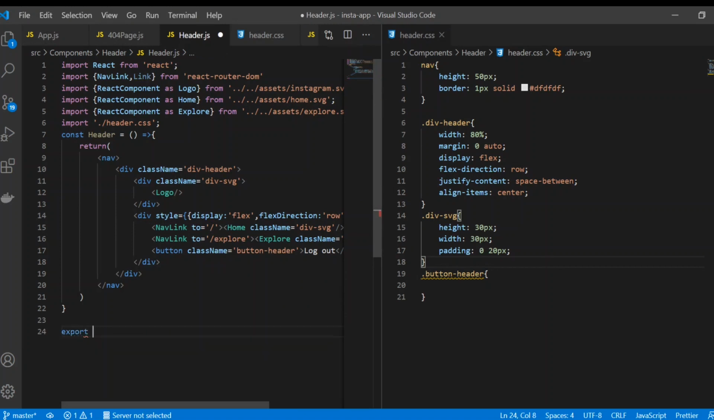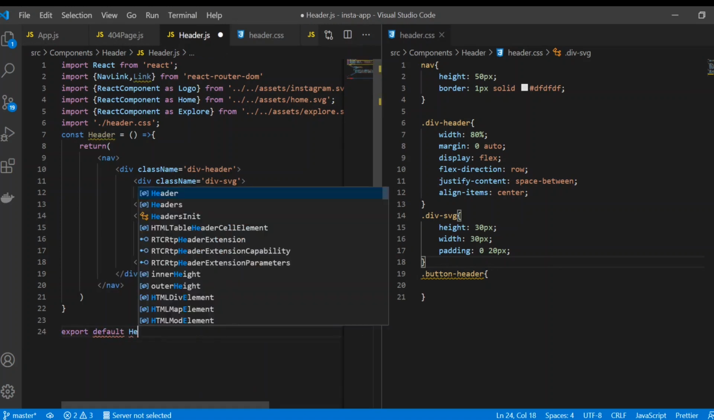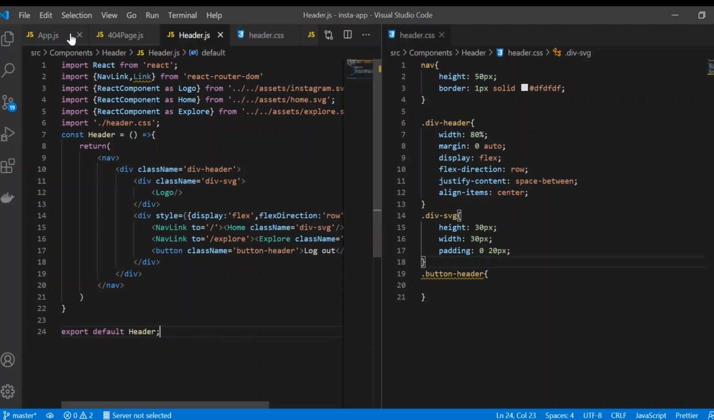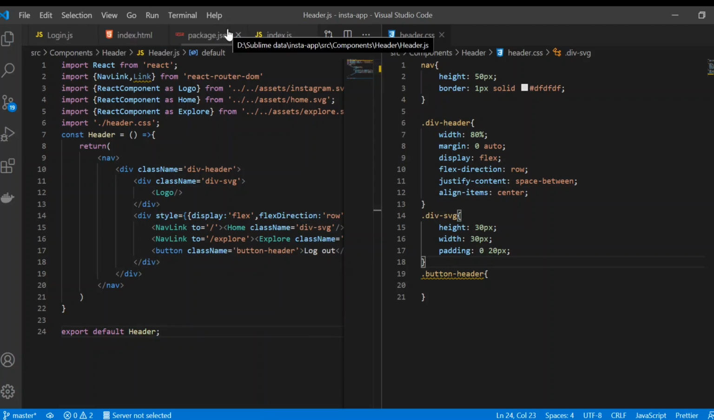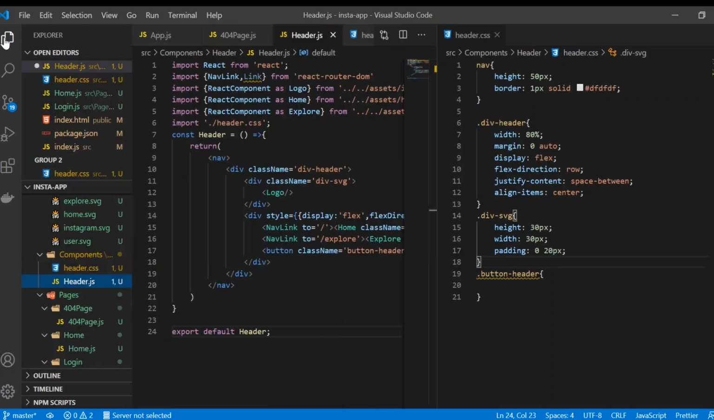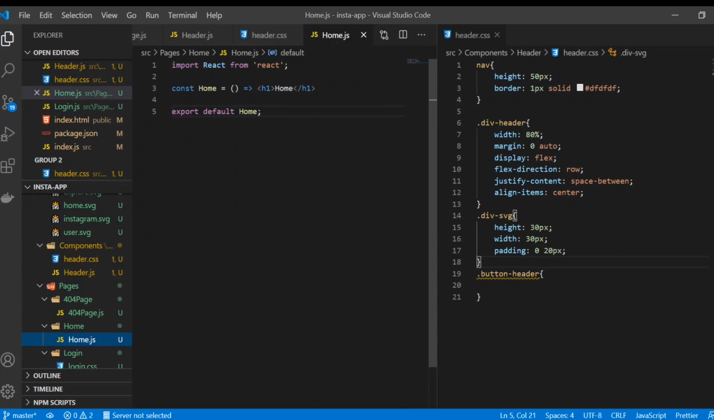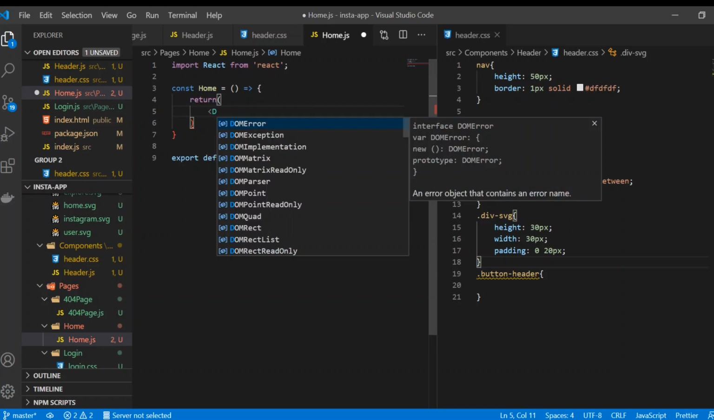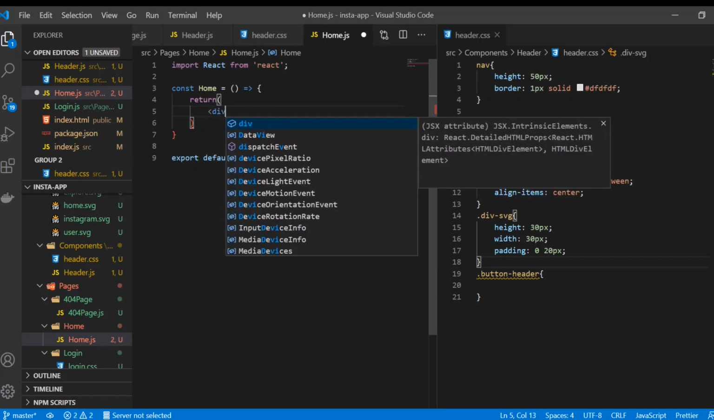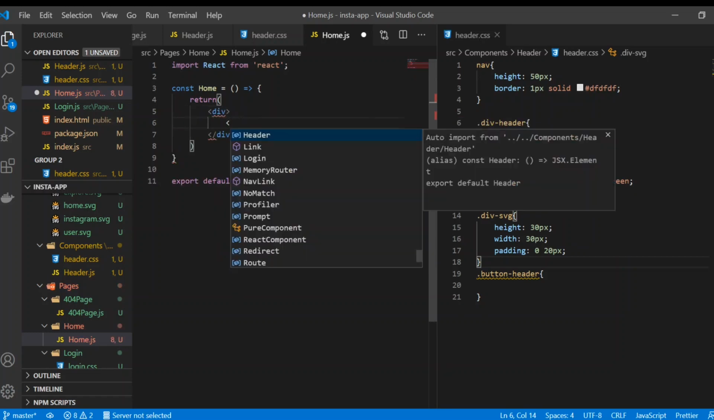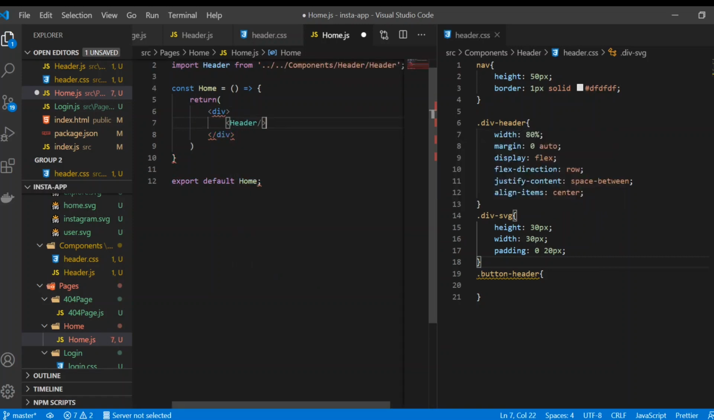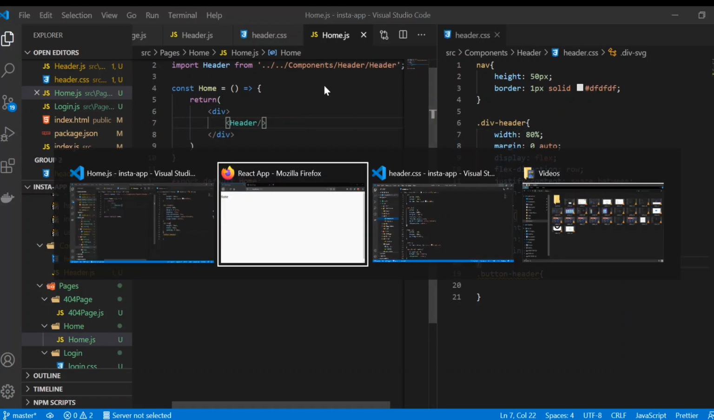So export default header, and where we are gonna use it, we're gonna use it in the home page. So where is the home page? Yeah, this is the home page. Now in here we don't need this thing, we need this part, and we're gonna return and use this div, and in the div what we need is the header part. And now if we just use it and go to our code,